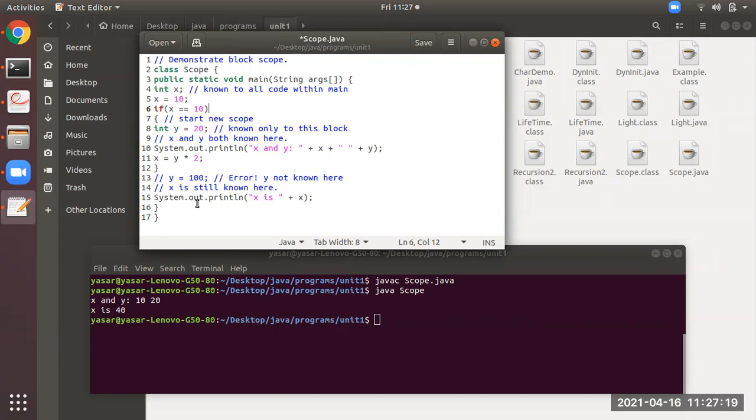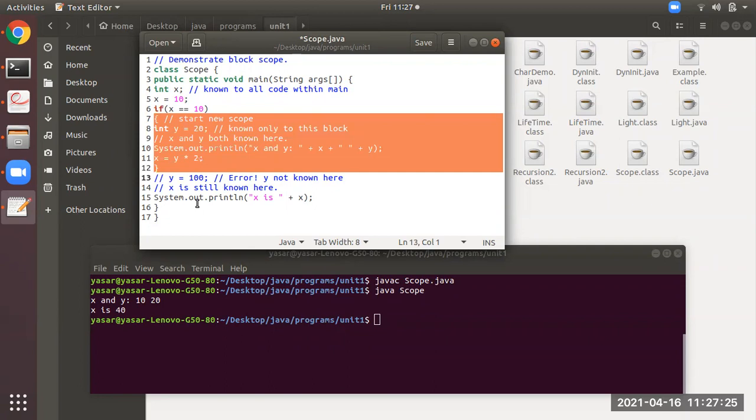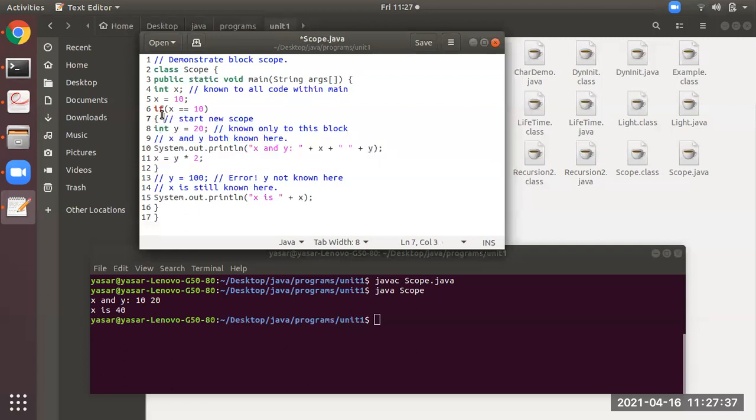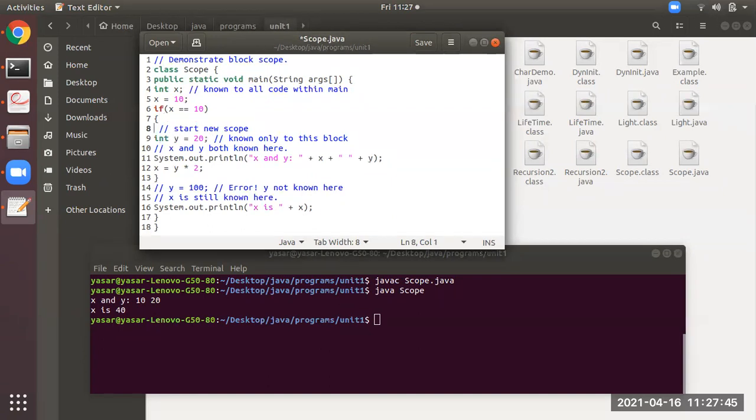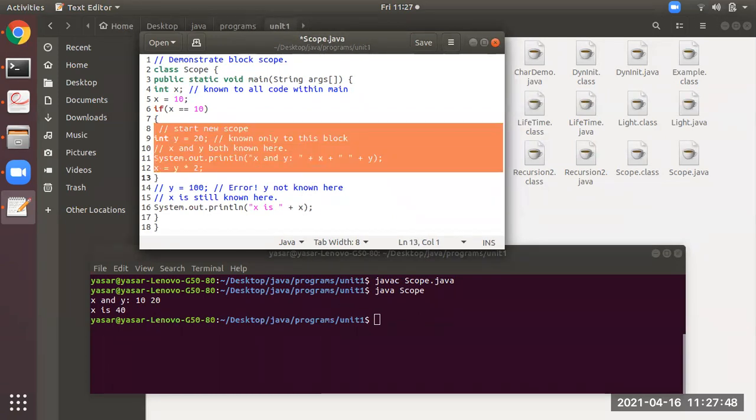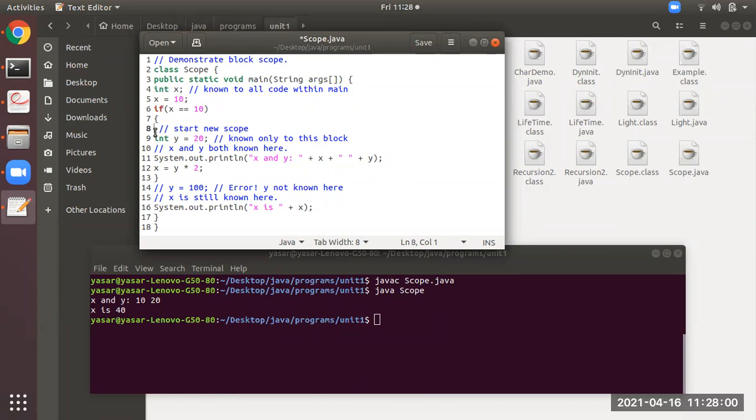true. So if that is true, it will evaluate line numbers 7 to 12. You can see at line 7 there is an opening curly brace and at line number 12 there is a closing curly brace. So what is this? This is a scope. Remember this. As I said in the last class, a block of code is between the opening curly brace and the closing curly brace, that is from line number 7 till line number 13. Between line 7 and line 13, whatever is there is a block of code, or you can say a scope. So if the condition is true, then only it will come inside this scope.